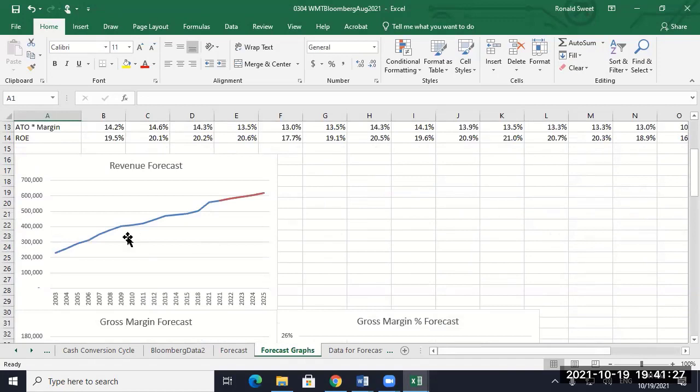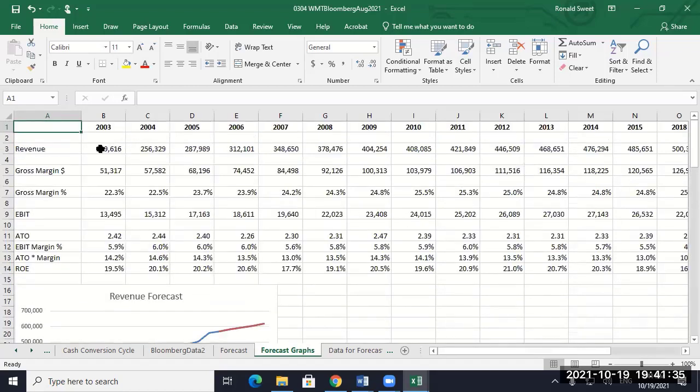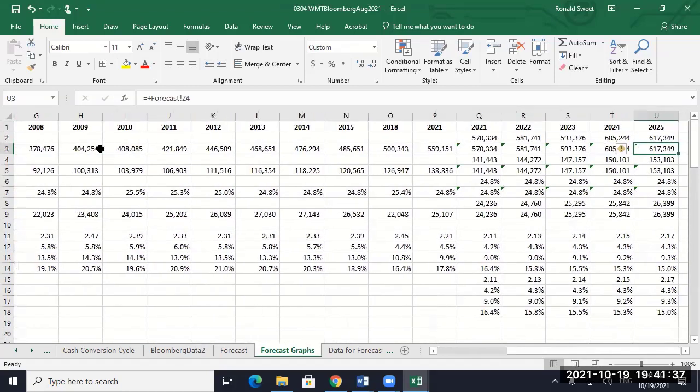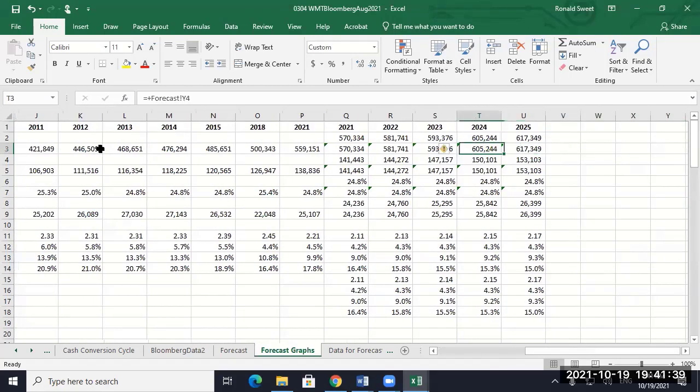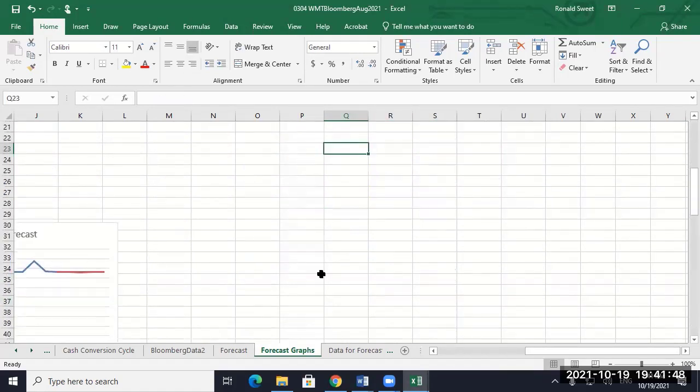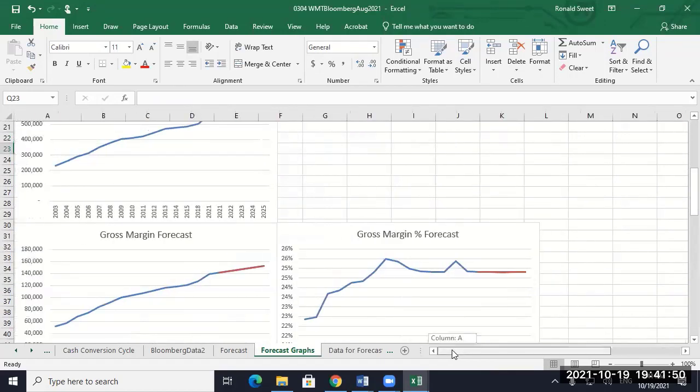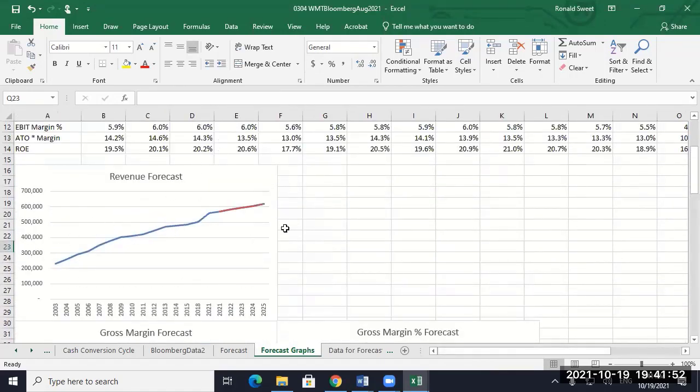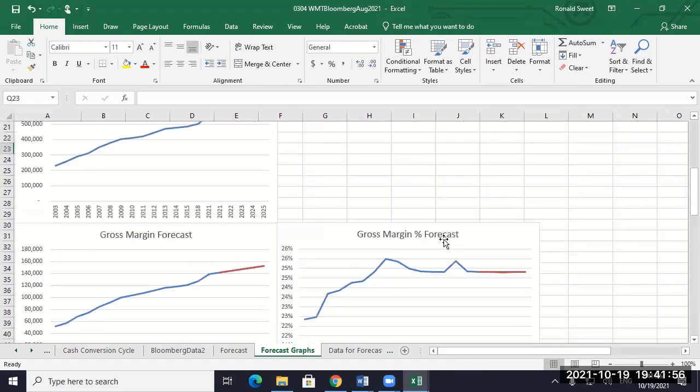I can't remember how I did this. Maybe you have to show this in your class, but you have to get a line that changes color like that. Essentially, you have to build a line twice and then make sure this line's on top, because if you don't do it that way, then it's just one big blue line all across. But I like this so you can tell where the forecast starts and the history ends. It's not a bad way.